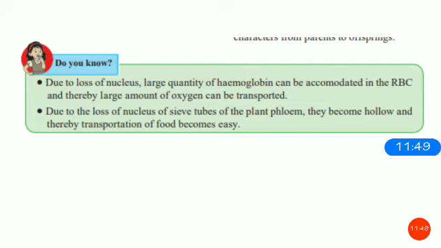Nucleus is the major, you can say, the brain of the cell, which controls all the metabolic activities of the cell. So that is why nucleus is very very important. But this doesn't mean that other organelles like mitochondria, ribosomes, or Golgi apparatus are not very important. It's not like that. We are going to see about one